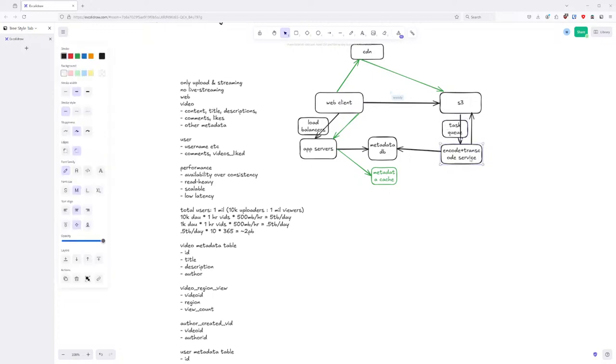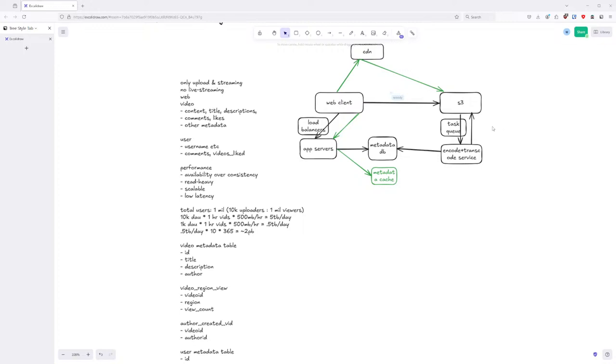So there are multiple outputs to the transcode service. You can have an input buffer to distribute between a distributed transcode service, and you can have an output buffer to upload the many outputs back into S3, because this is essentially a one-to-many operation. So that's why you need the queue.